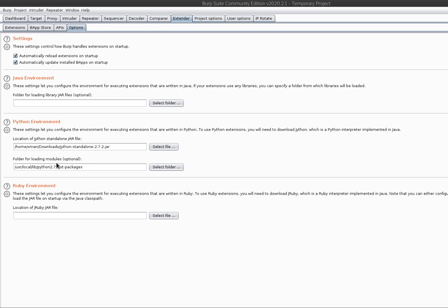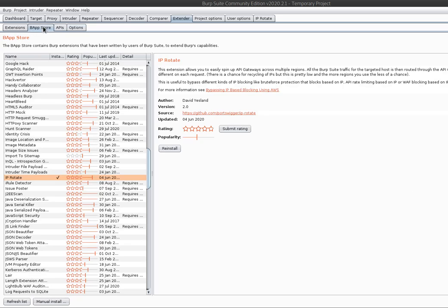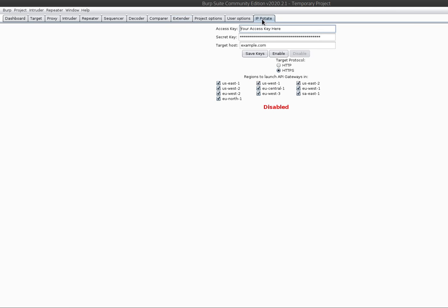Once we are done with these two parameters, we have to go to the App Store, find IP Rotate, and click on install. Once that is done, you will have a new tab here called IP Rotate. You have to click here and type your access key and secret access key, and your target host which you are trying to test, brute force, or attack. You have to enter it here, and choose your protocol, HTTP or HTTPS, and